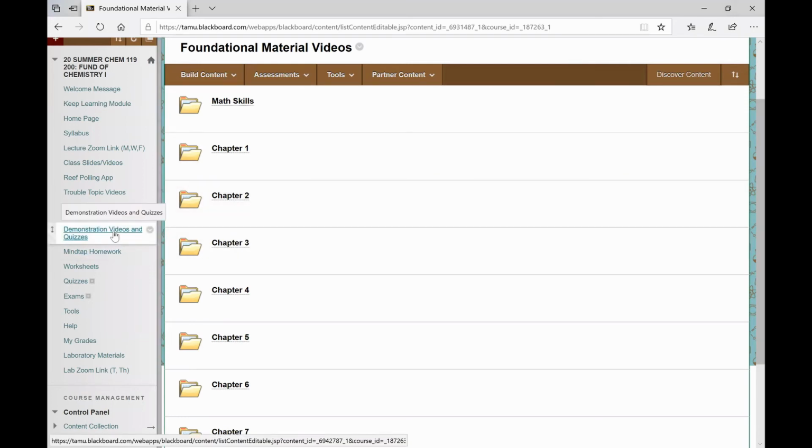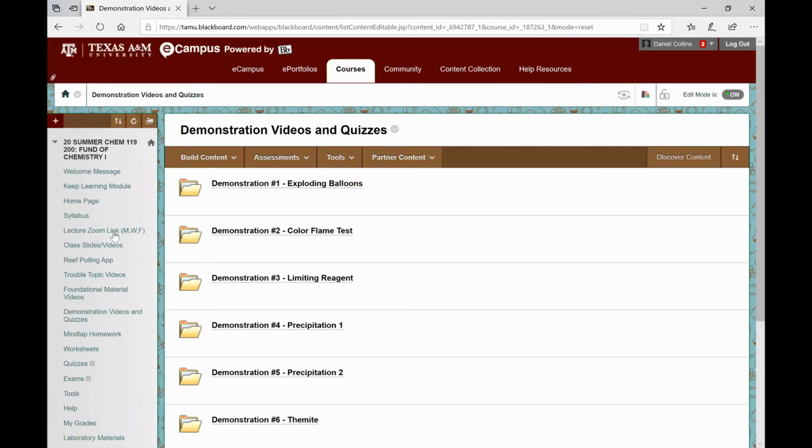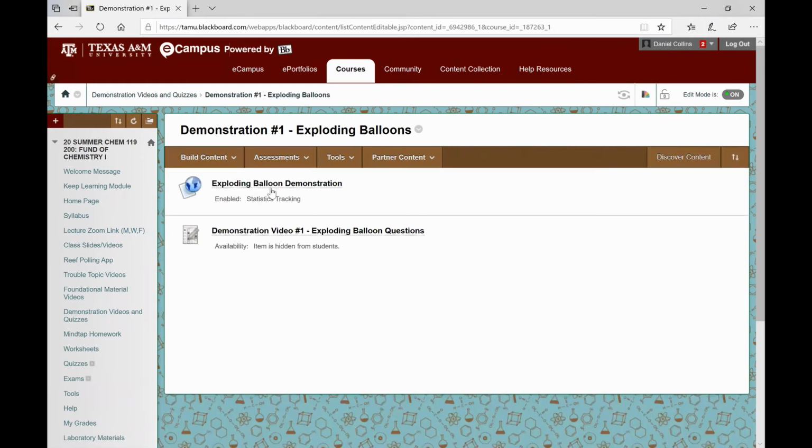Next, we're going to have our demonstration videos and quizzes. So the interesting part about this is normally we do demonstrations in our lecture to show you the real-world application of what we are doing in chemistry. So now what we've done is film them. So here for our first demonstration here with the exploding balloons, I can click on that and you'll see that not only do I have a link to the video, but then there's also going to be a quiz associated